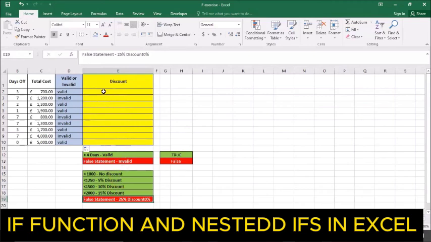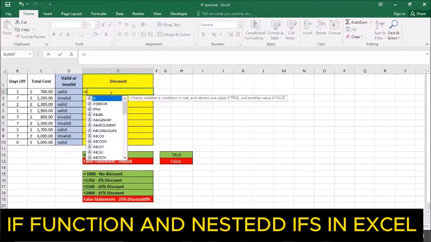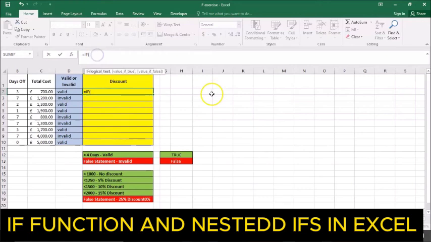So I'm going to go on to put my calculations. So I'm going to say equal sign, then if. So open my if statement, so continue with my calculations there. So if what's the first condition? The first condition is saying